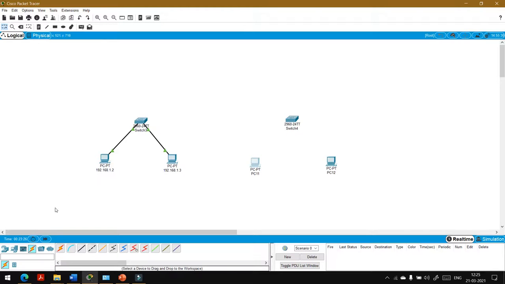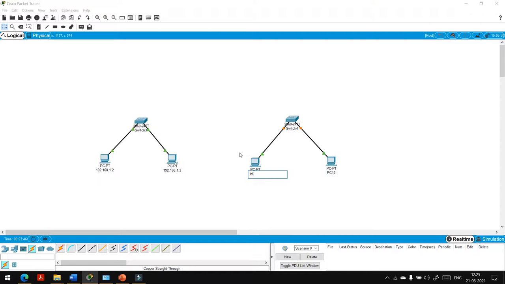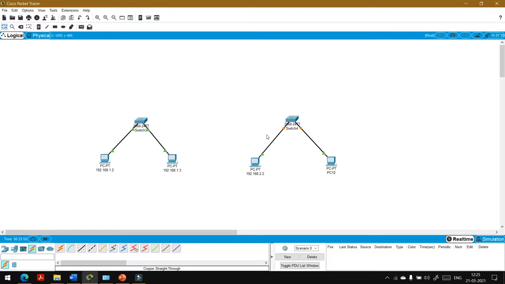Okay, then as we have done for LAN 1, 0/1, 0/2. What will be the IP? 192.168.2.2.